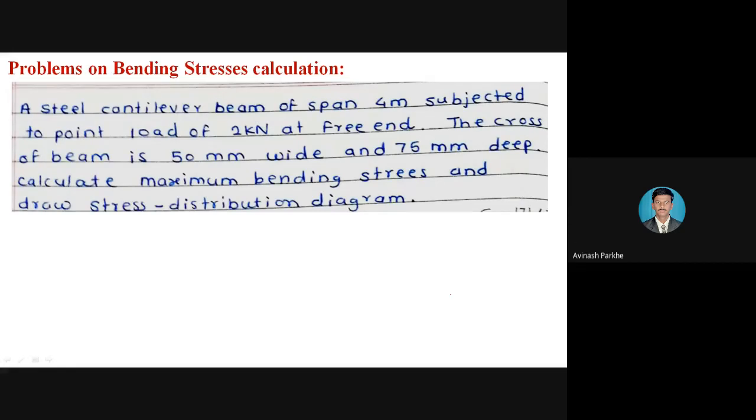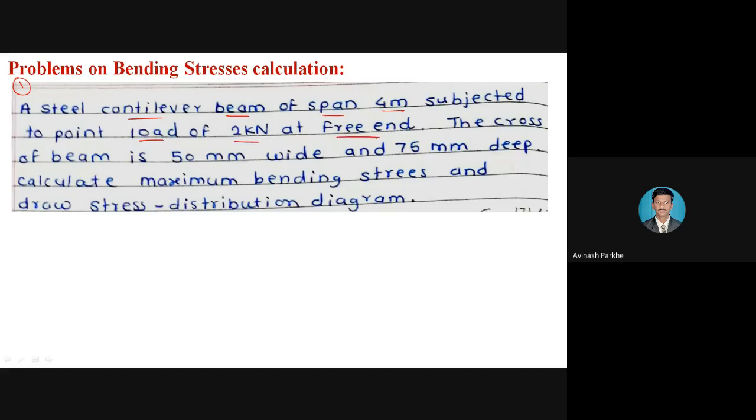So we will start with some basic numericals related to the rectangle or the square sections, and then we will move to the calculation of bending stresses for I section, unsymmetrical I section, and the T sections. So this is the problem number 1 in front of you. I will read the statement, then we will generate the figure as per the statements given, and then we will solve the numericals.